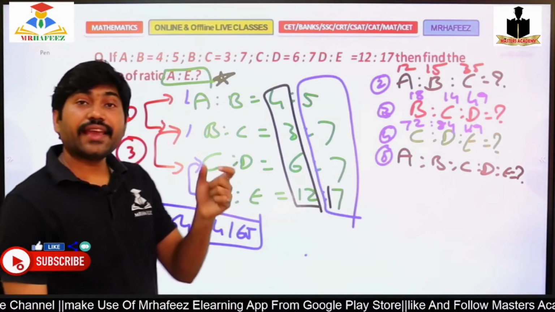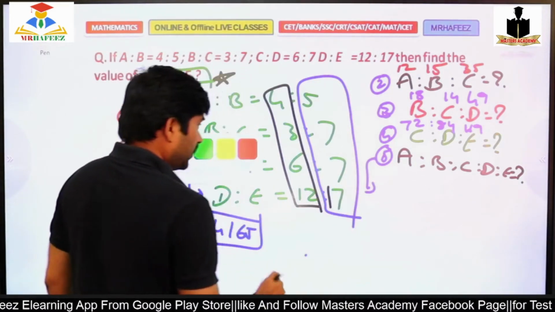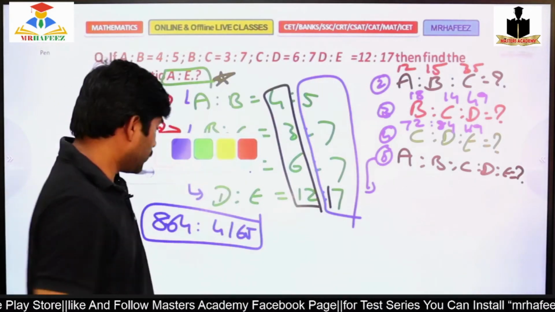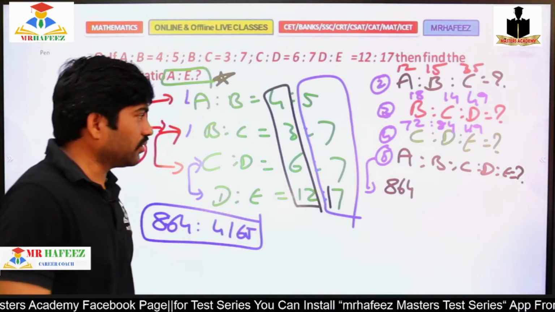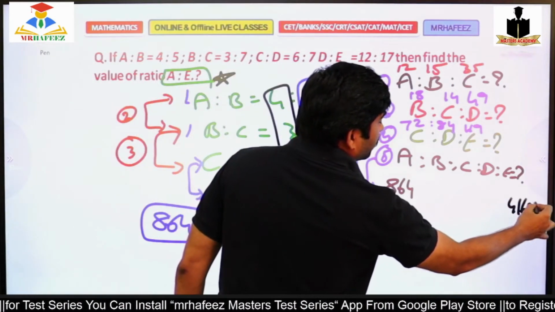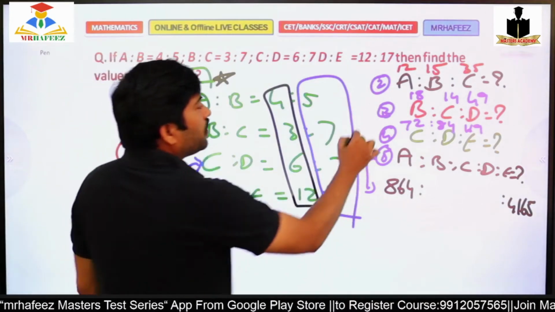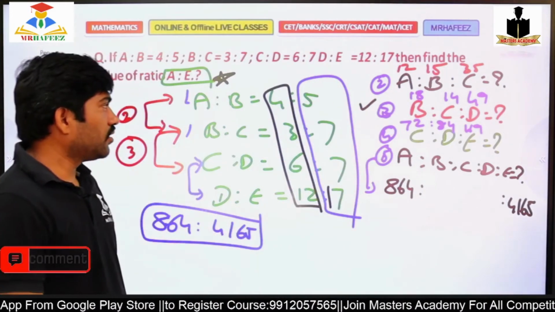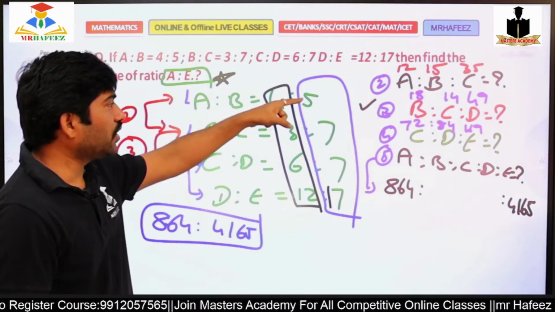And now A is to B is to C is to D is to E. So if this is the question, what is A? A is very simple, the product of all first 4. So it's 864 and the last E is 4165. So these two you already know. And B is to C is to D you should know. In B is to C is to D you already know a little, but you require more than that. You just multiplied these two, and you require to multiply 12 and 5.